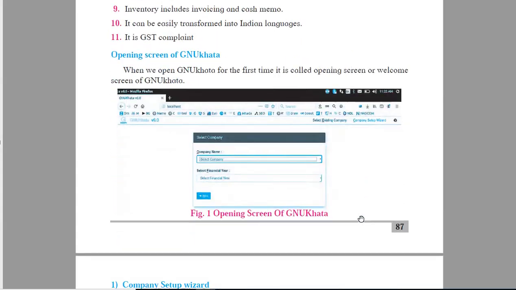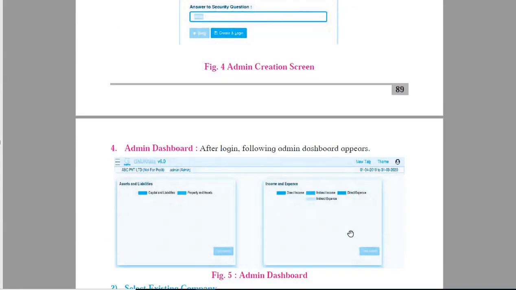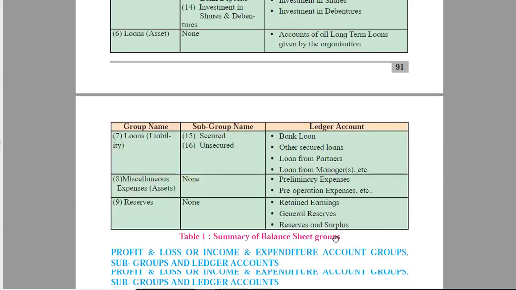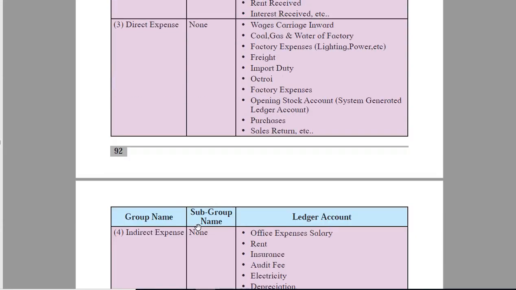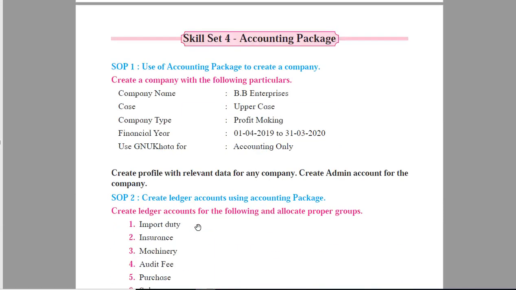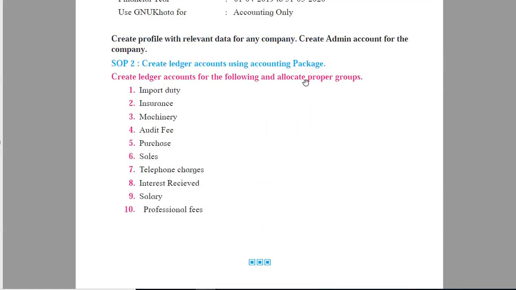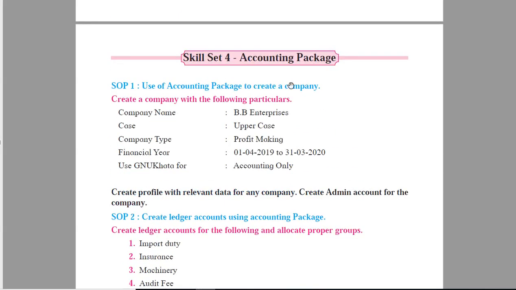After that, there is only how to create a company in Tally. How to create the company, how to add ledgers and all that, how to create the different types of reports for the particular company, that we will study in the next lecture. So you all have to study how to create a company, and what the different accounting packages are which you have to insert in the ledger creations for the particular company.